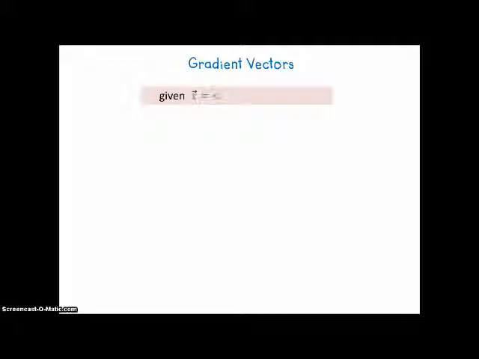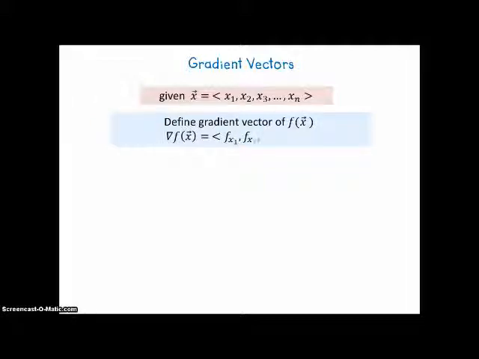So let's start with a vector x that is multidimensional. It's in n space. In other words, in mathematics, we're not confined to 1, 2, 3, or 4 dimensions. We can have as many dimensions as we want. So let's say we have n dimensions. Then define the gradient vector of f of x, the vector x, to be with an upside down triangle. The gradient vector of vector x is the vector whose components are the partial derivatives with respect to x1, x2,